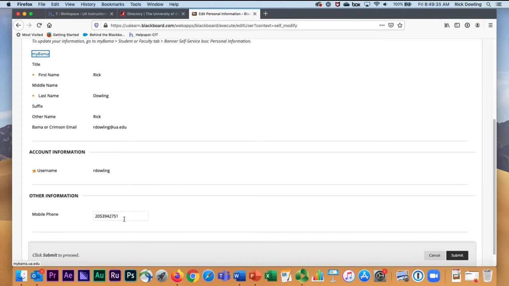No dashes, by the way. That's very important. Now, the first question I get asked about this whenever I share this with people is, does this get published anywhere? Does it get published in the course? No, it does not. This is just giving Blackboard a way to send you notifications, and we're about to look